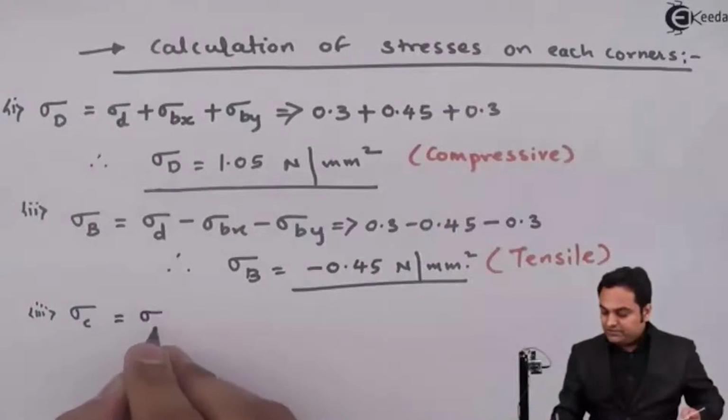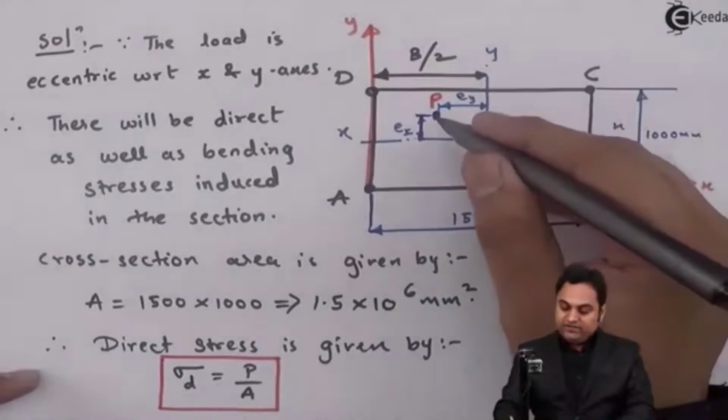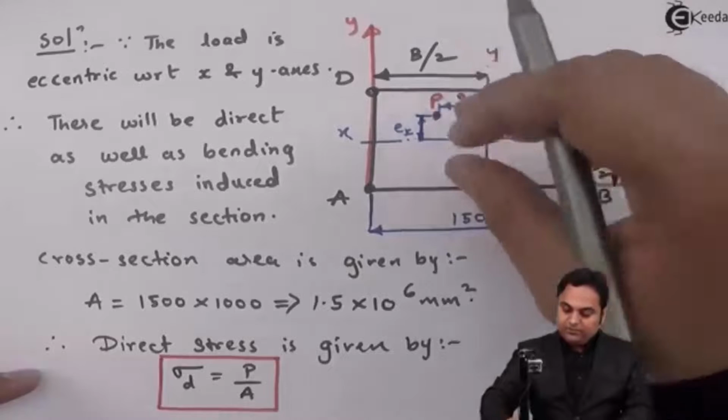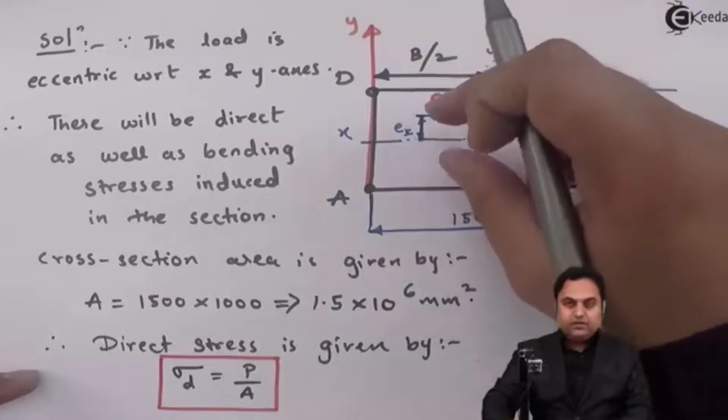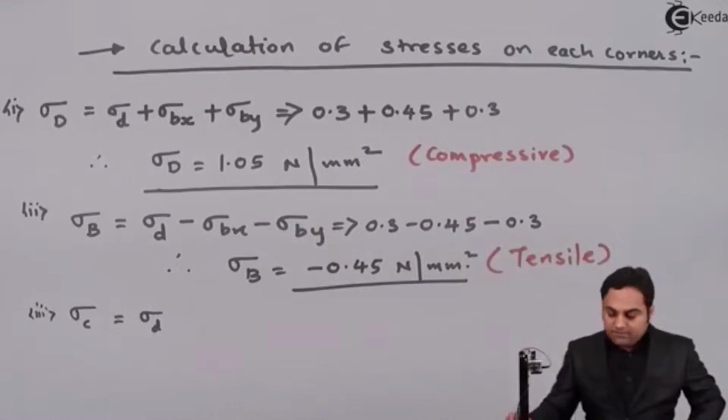First of all, direct stress is there at all the points. Next, here we have eccentricity Ex. Because of that, point C will be compressed. Because of eccentricity Ex, it will be compressed. So here I have plus sigma Bx,